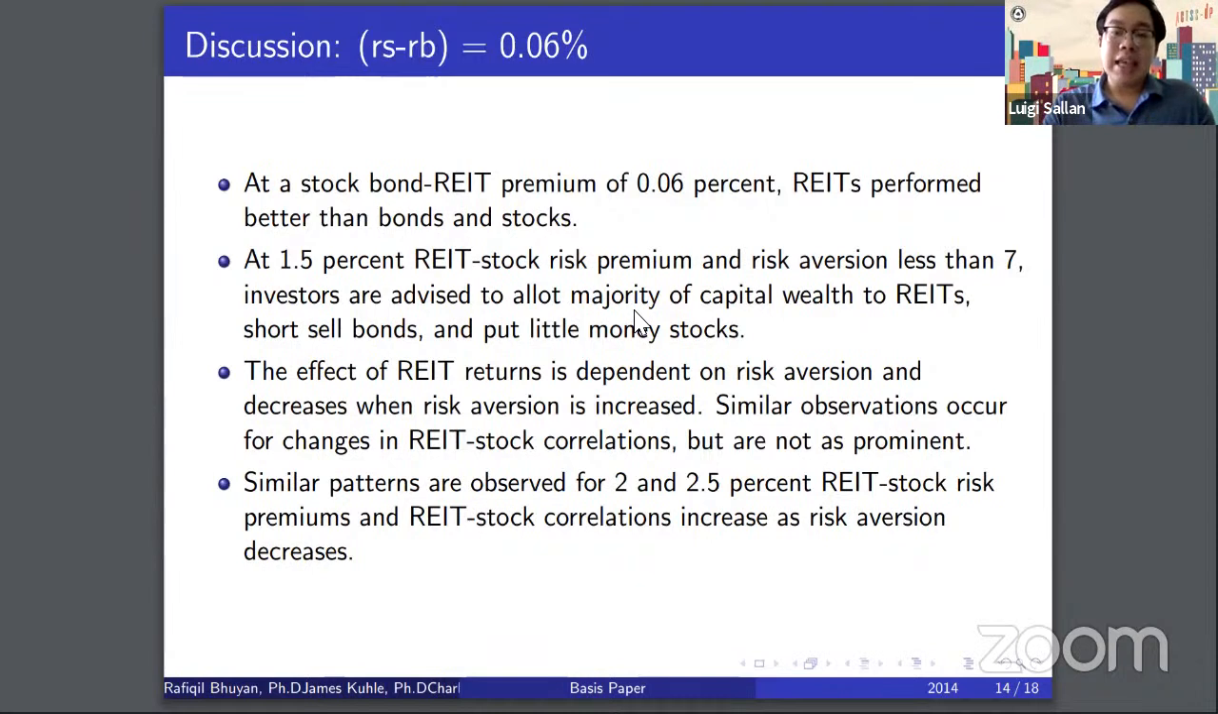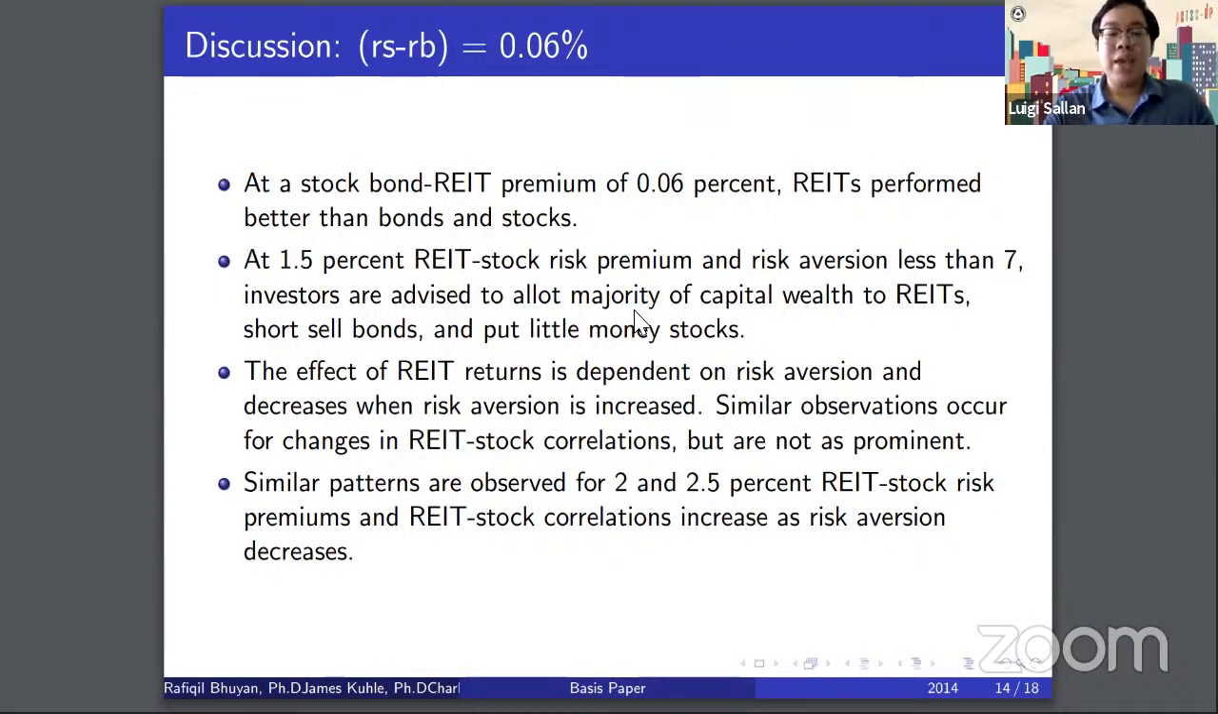The effect of REIT returns is dependent on risk aversion and decreases when risk aversion is increased. So this pertains to your formula on the varying REIT returns. As risk aversion increases, or as you are less inclined to assume more risk, your optimal allocation of REIT weights also decreases. A similar observation also occurs for the last formula regarding the REIT and stock correlations, but it's not as prominent. Therefore, they concluded that REIT returns were better measures of marginal changes in optimal REIT weight than